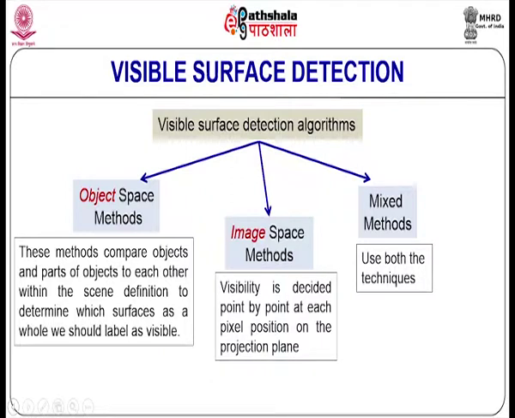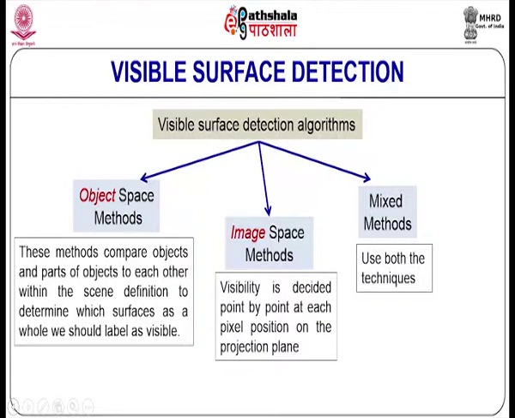The answer is, why should we include faces or surfaces which are not visible from a given viewing position? When they are not visible, we do not have to manipulate the object surface at all. So, we can save a lot of resources, a lot of time, a lot of computational capability, and the operations are much